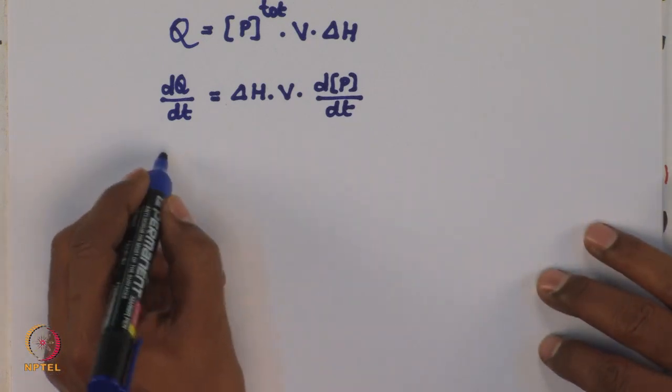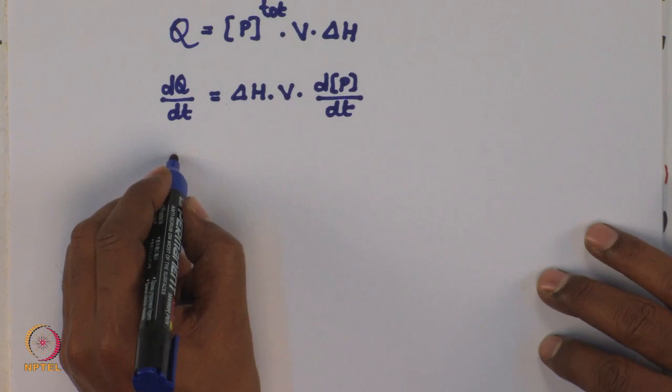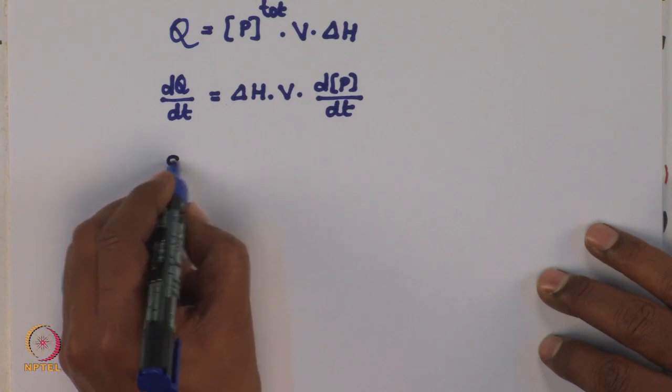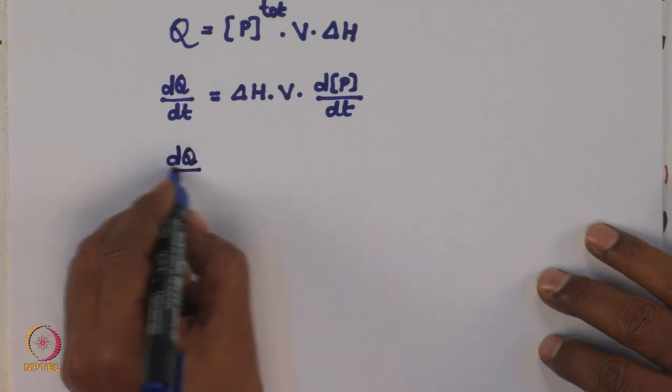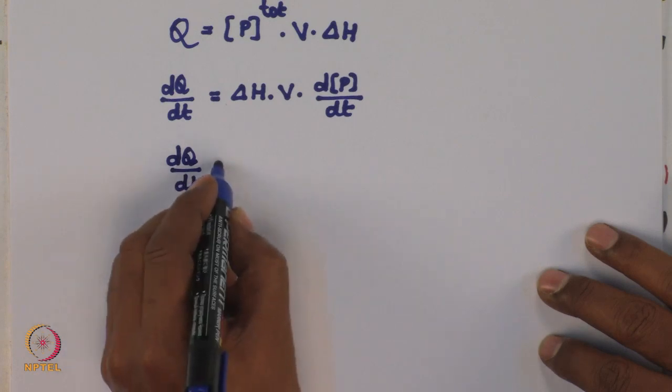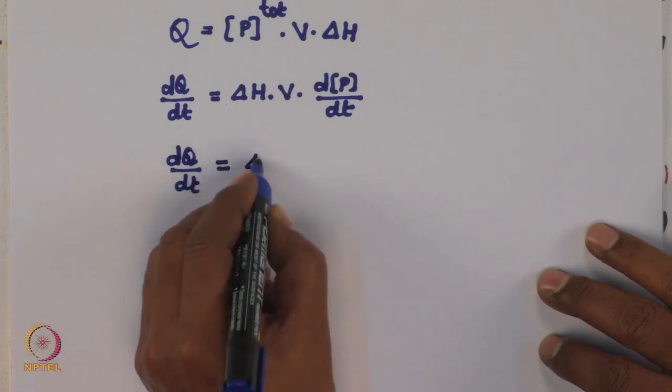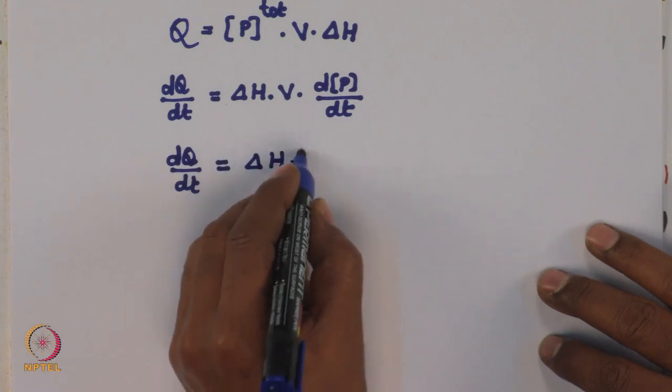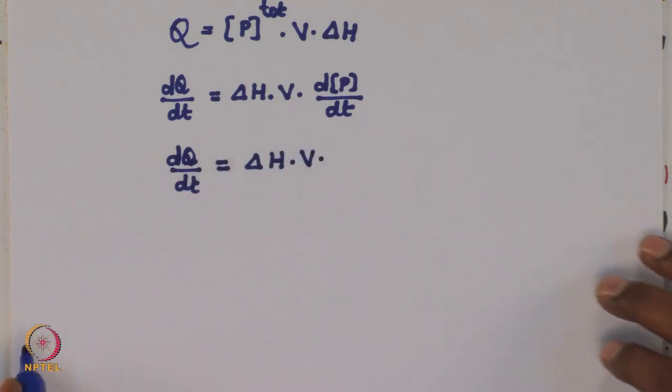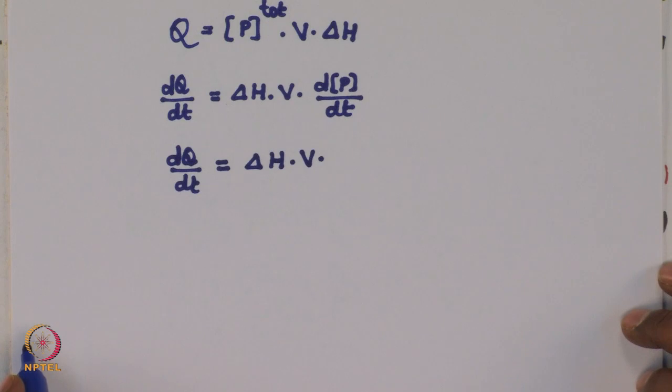So, now if I go further and connect this, dq by dt will be equal to delta H into volume into dp by dt is equal to,